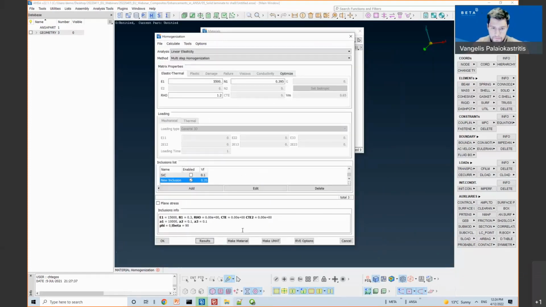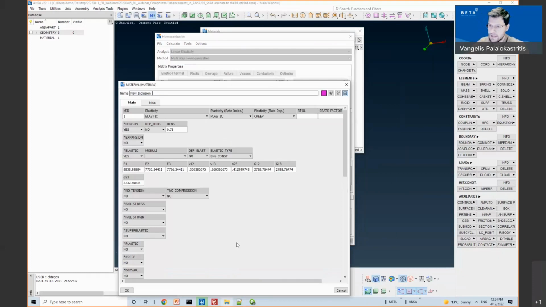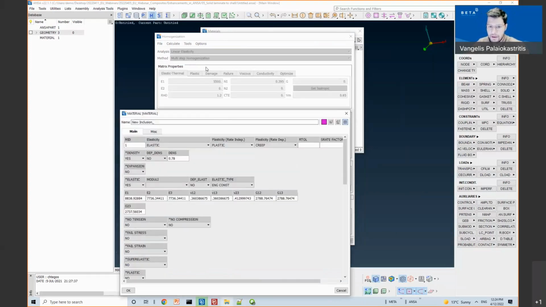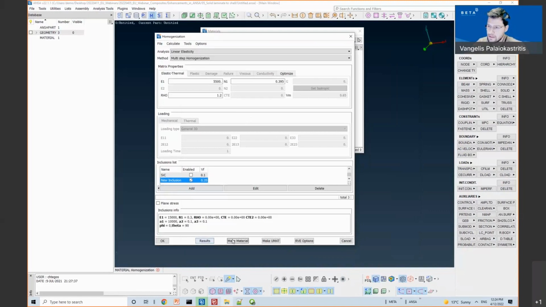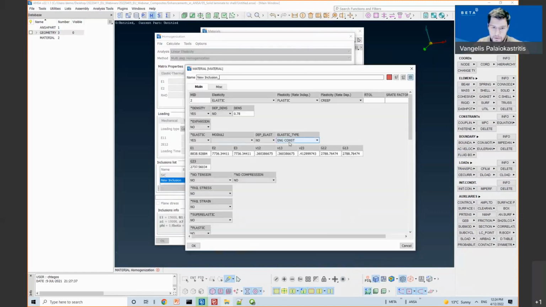Now, once I have done the homogenization, the next step is to create the material entity. So according to the homogenized stiffness tensor that has been calculated, the engineering properties are calculated and assigned to the corresponding material card. So for this example with the long fiber, the material that is about to be created for Abaqus has elastic type engineering constants because it is transversely isotropic.